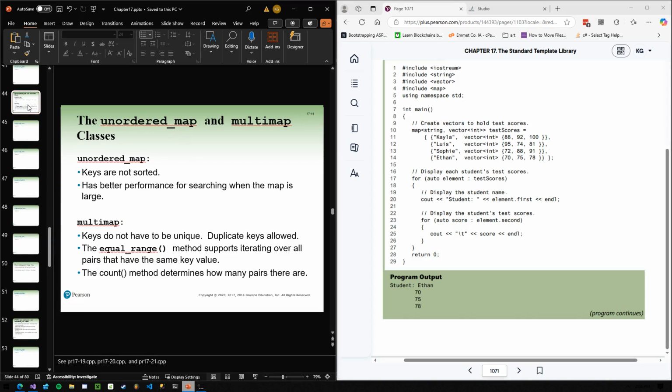Moving right along, so unordered map and multi-map. In an unordered map, the keys are not sorted, and it has better performance for searching when the map is large. In a multi-map, keys don't have to be unique. Duplicate keys are allowed. And then the equal range method supports iterating over all pairs that have the same key